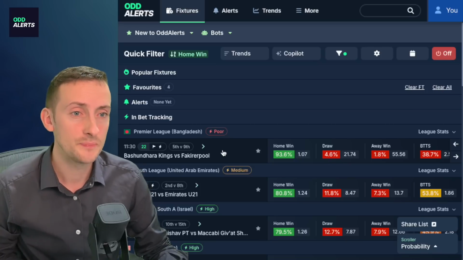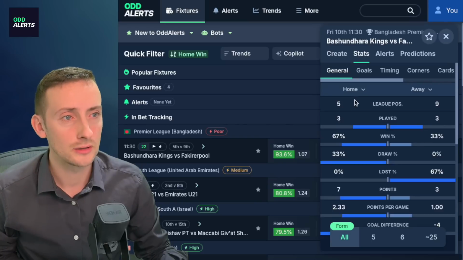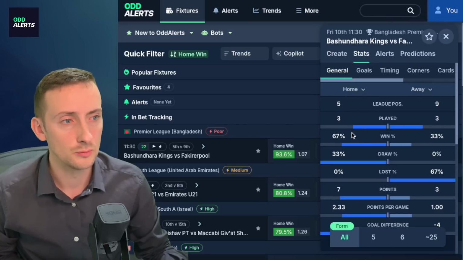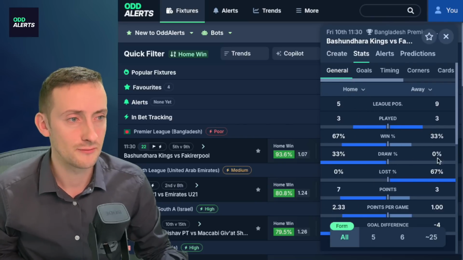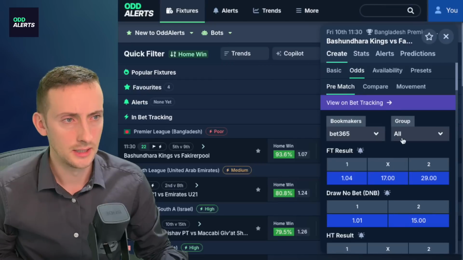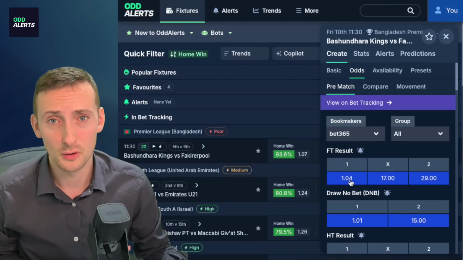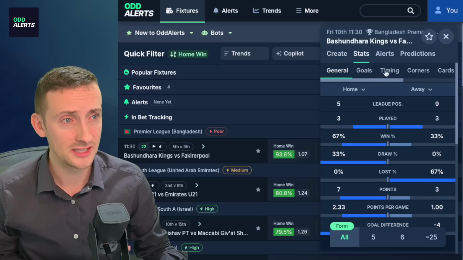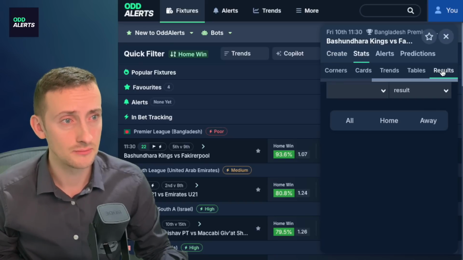So what we can do, click on the fixture, take a quick look at the data. We can see that they are unbeaten at home. This away team has lost 67% of games away from home. The odds 1.04, so it's actually negative value, and it's not like they are demolishing teams at home, to be honest,